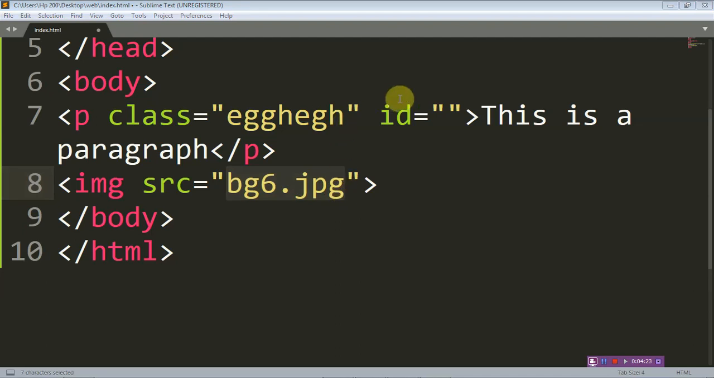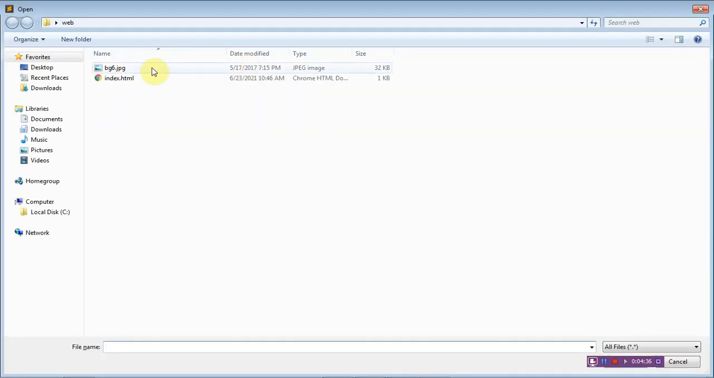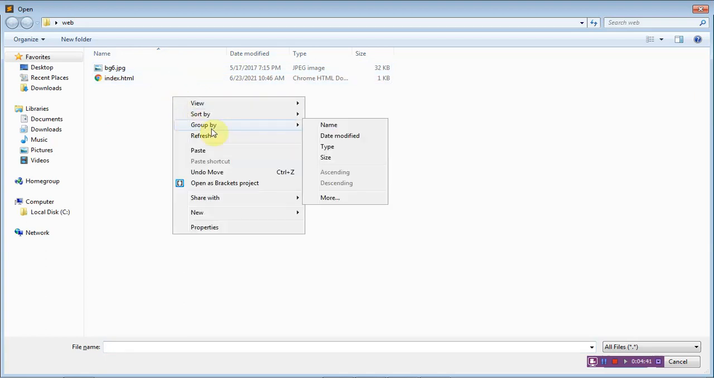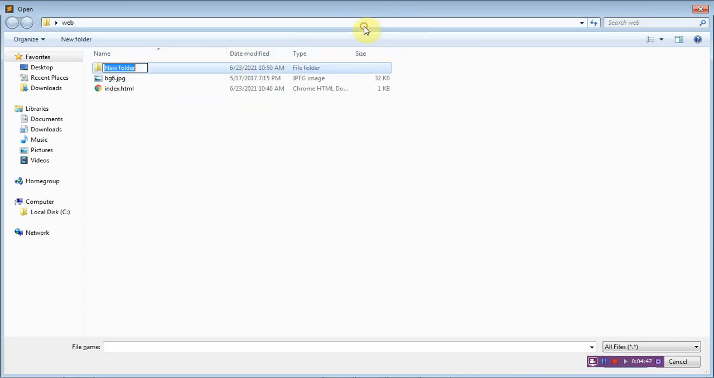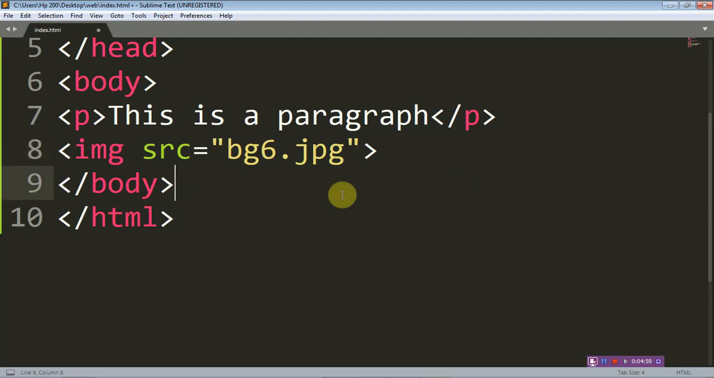So to recap what we have done today, attributes determine how a particular element or tag behaves. Now some of you may want to stay organized by putting all your images inside one folder. So I'm going to create a folder. We'll call this folder images, and I'm going to be putting all my images inside of this folder. Ctrl X that and take it inside the images folder. Ctrl S that